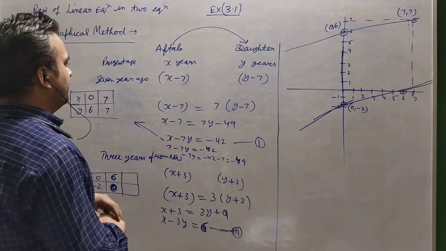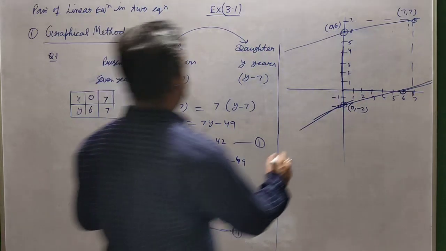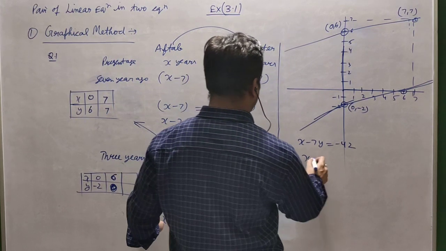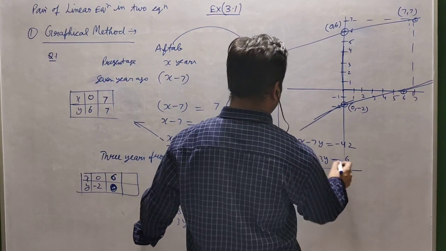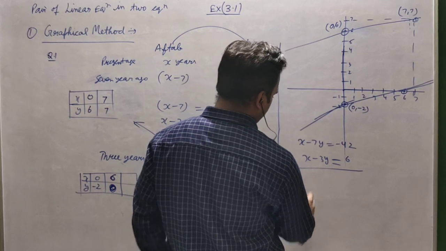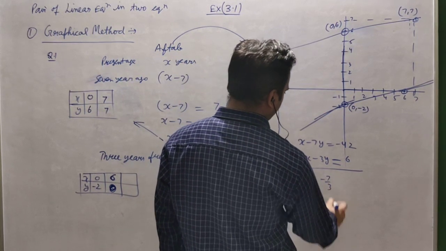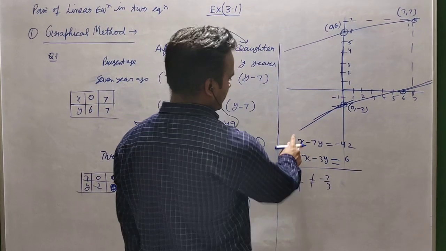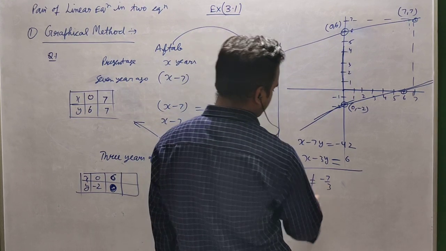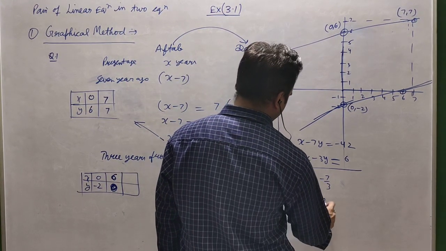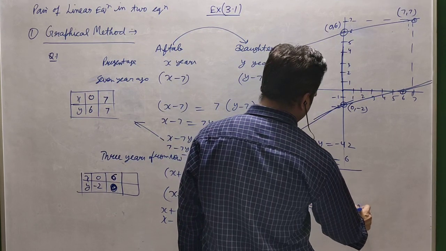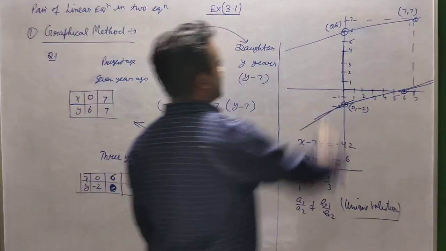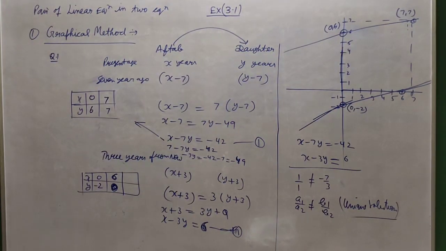We can check with the help of the coefficient part. If you see the equation, it is x minus 7y is equal to minus 42 and x minus 3y is equal to 6, right? So what is the coefficient of x and x? We have seen in the previous video also, and you can see coefficients are not equal. a1 upon a2 is not equal to b1 upon b2, it means a unique solution, means lines will intersect. So these lines will intersect somewhere, right?